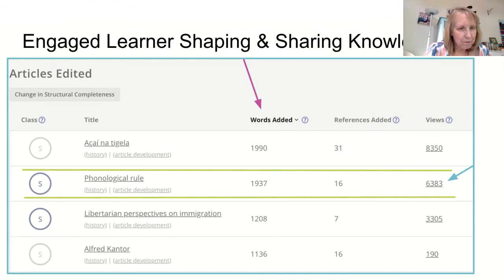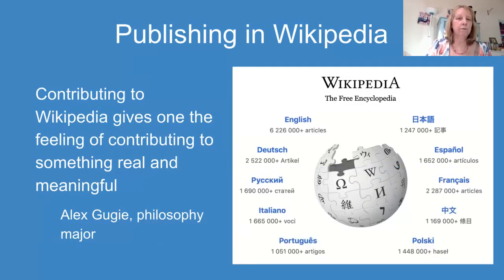The one down a couple further, Alfred Cantor, the student who picked that, this was a Holocaust survivor, and she was rather miffed that there was no article. I think there was something extraordinarily basic with a sentence or so in it. And so she decided to develop that article. So they really were engaged. They selected their own topics, and they felt that they were taking on roles that were very unusual to them. So Alex, who was in that section of the course last fall, wrote this in one of his reflection papers.